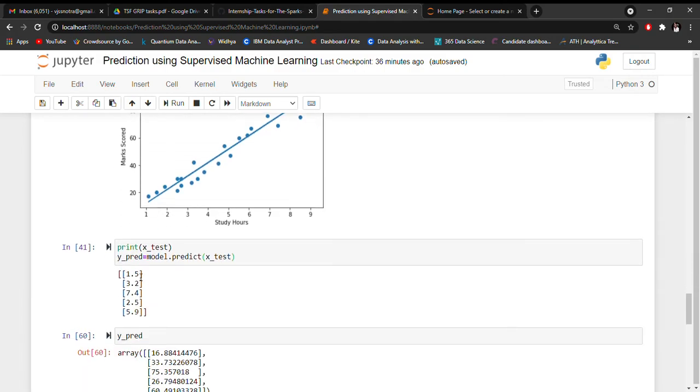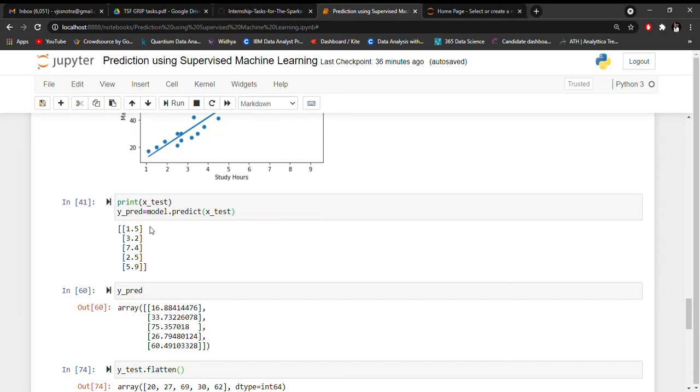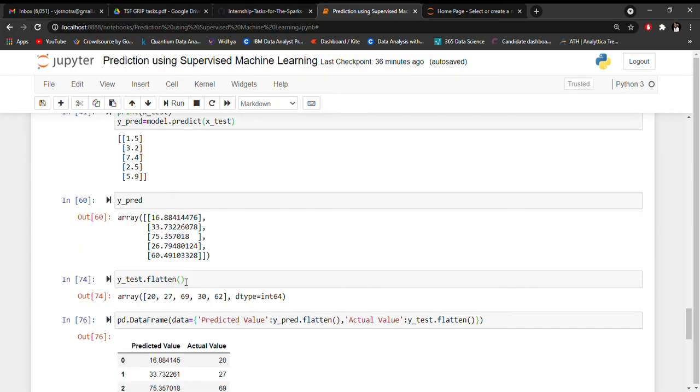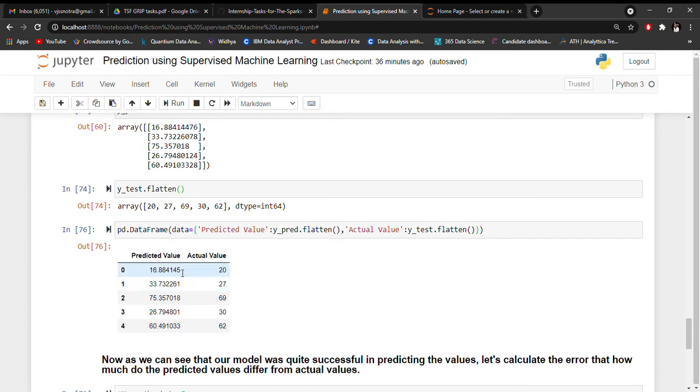After that, I used that model to make a prediction using the test data, so as to check whether the prediction I made is near or close to y test, basically the actual values. After that, I used the predicted values and the actual values and made a